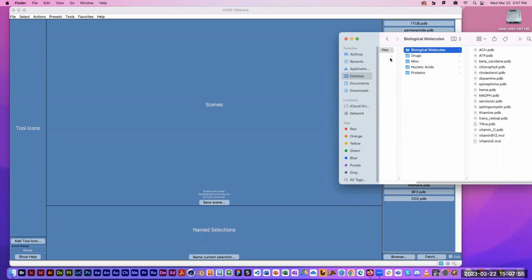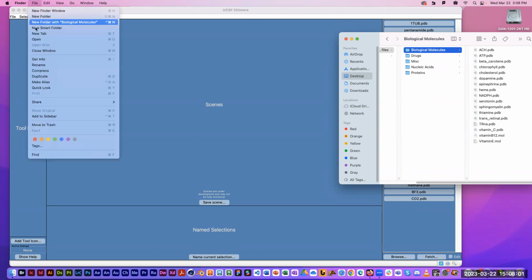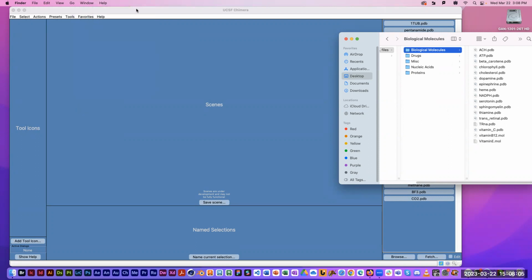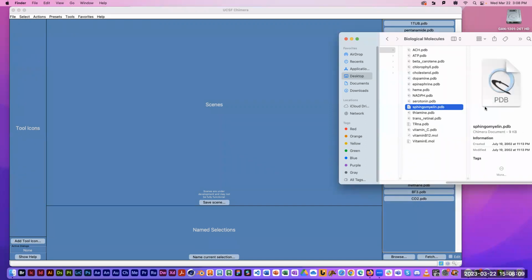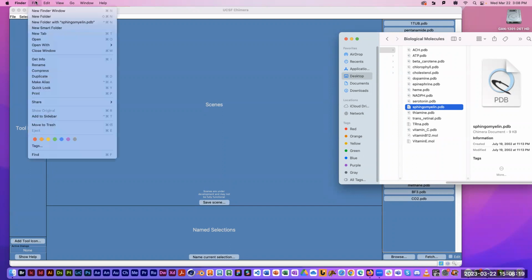All right, so here's a basic interface. You can go to the file menu and say open, and open a file from there. I've actually got this computer set up so that it automatically opens every PDB or mol file in Chimera. If I select any file in here and go to the file menu and say get info or Command I,